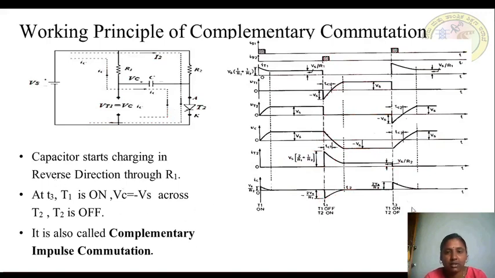So again this is what I have told you in case of T3, where T1 will go to the on state and T2 will go to the off state by applying the reverse voltage through the capacitors. As it has been done for T1, the same way it will be done for T2 also, the capacitor, by applying the reverse potential, so T2 will go into the off state. This type of commutation is called a complementary impulse type of commutation.